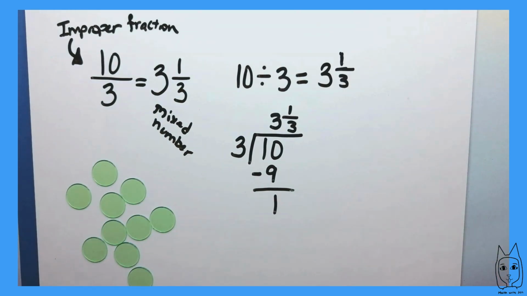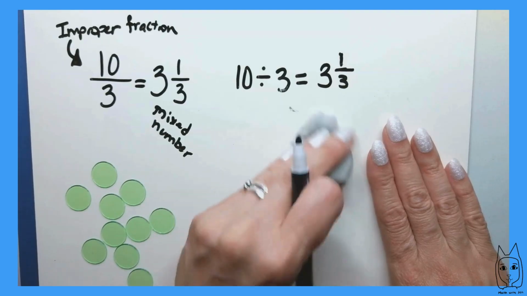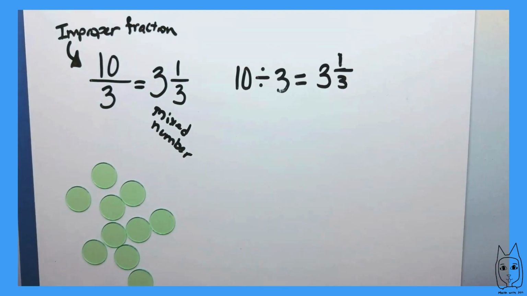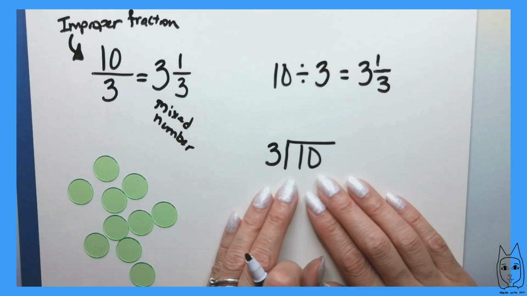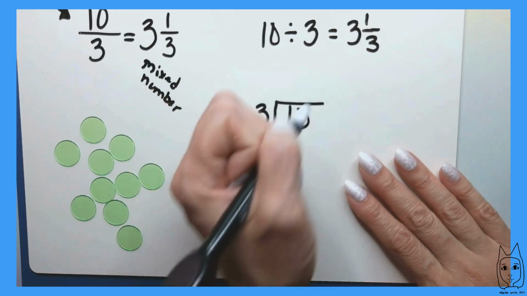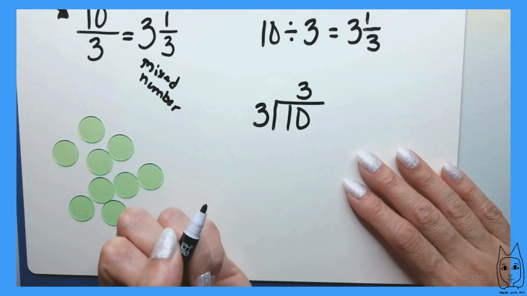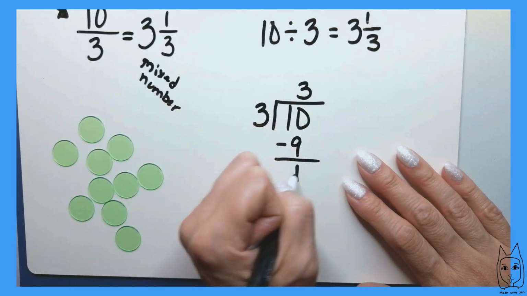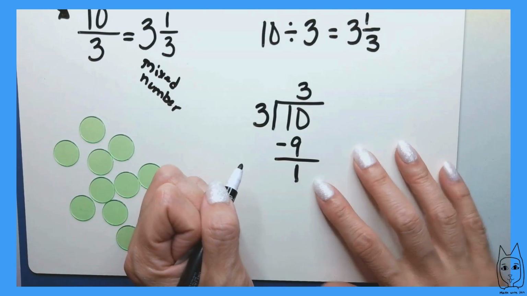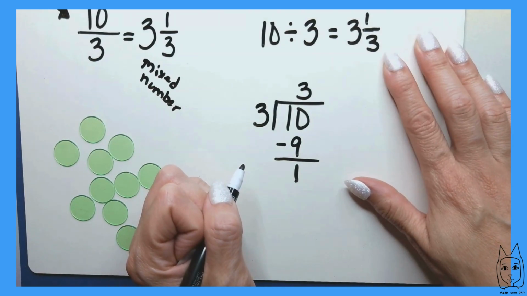Sometimes, however, you will need a decimal. You're going to learn all of these, and then as you go through life, you're going to pick the one you like the most. I always prefer fractions whenever possible. For grade 5, possibly grade 6, depending on your teachers and your school, to do a decimal, you're going to still start the division. You're going to say 3 times 3 is 9. You have a remainder, but instead of just stopping and making a fraction, which is the easiest thing to do,